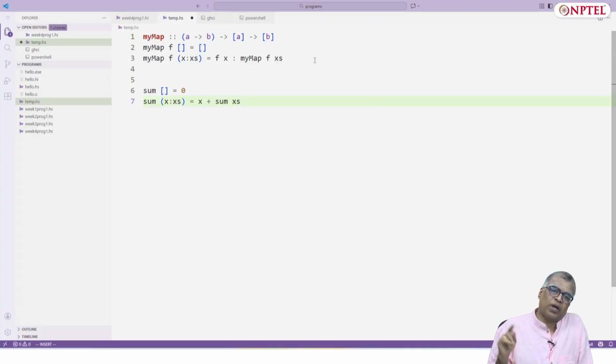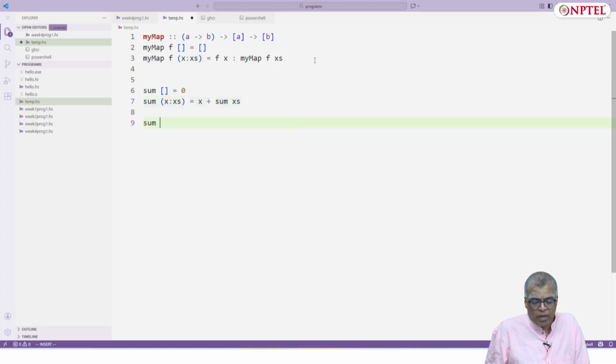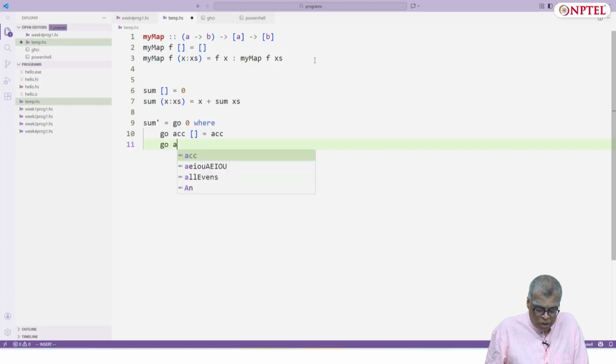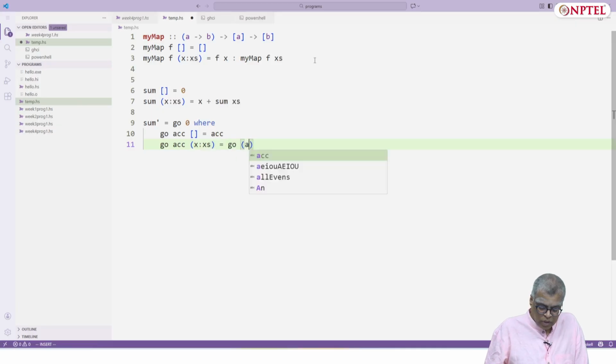In this pattern you are making a recursive call and then you are combining the initial value with the result of the recursive call, whereas the other pattern, sum prime, let's call it, equals go of 0, where 0 is the accumulator, and where go accumulator empty list is just accumulator, and go accumulator x colon xs is go accumulator plus x of xs.